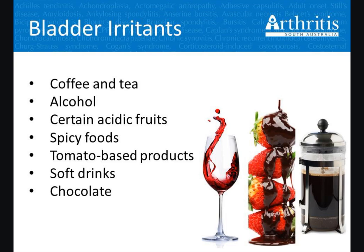So with certain acidic foods, that tends to be oranges, grapefruits, lemons and limes, so those citrus type foods. Spicy foods, some of them are really self-explanatory, and it's not necessarily the food itself, there's some components of those foods that can cause irritation. And you can imagine if you're perhaps cutting back your fluid to help you manage your bladder, then you've also got irritants making things worse. And that brings